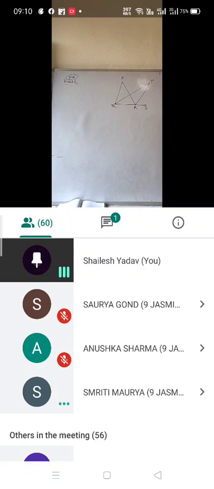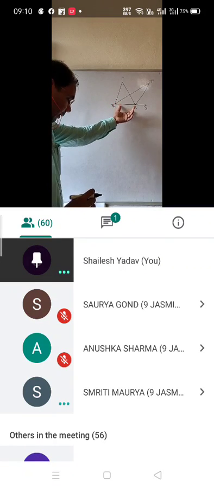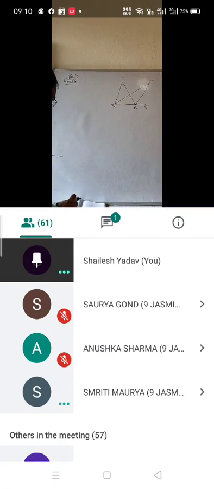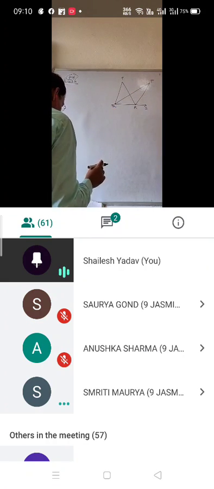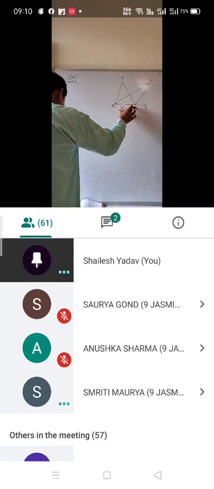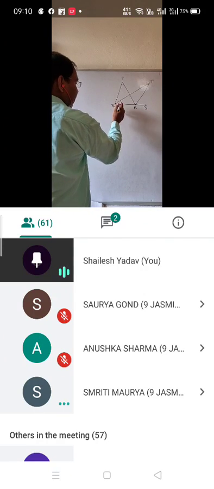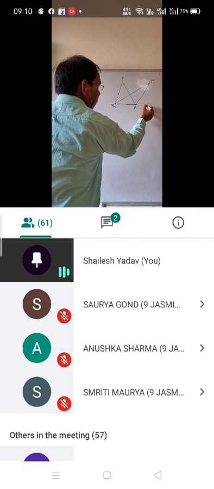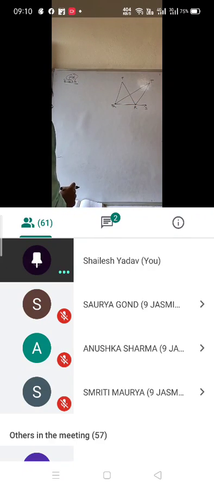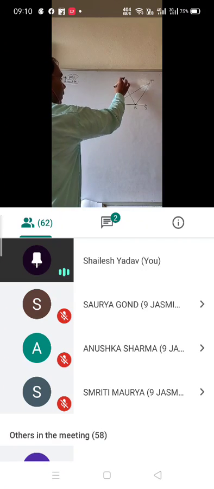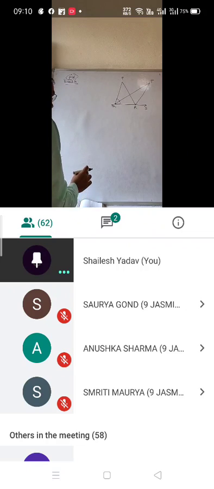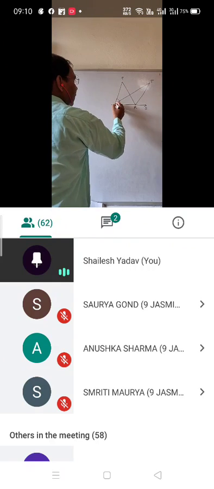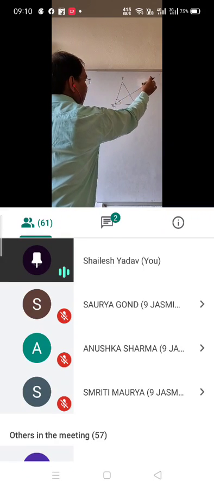Okay, so here for this question, the diagram is given in the book, and here it is given in the given figure the side QR of triangle PQR. So PQR, here you are going to get PQR is a triangle, and side QR, it is going to be produced up to the point S. So QR side is going to be produced up to the point S. If the bisector of angle PQR, here it is the angle PQR, and it is given that bisector of angle PQR, it means that QT is the bisector of angle PQR.